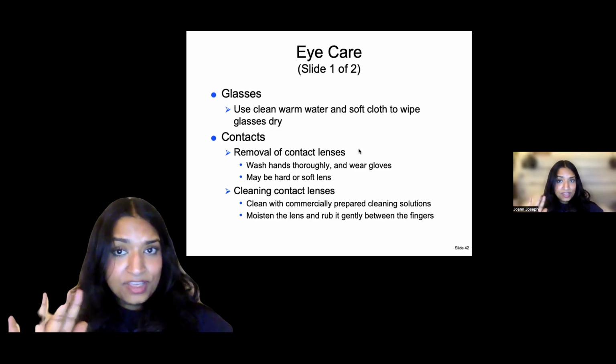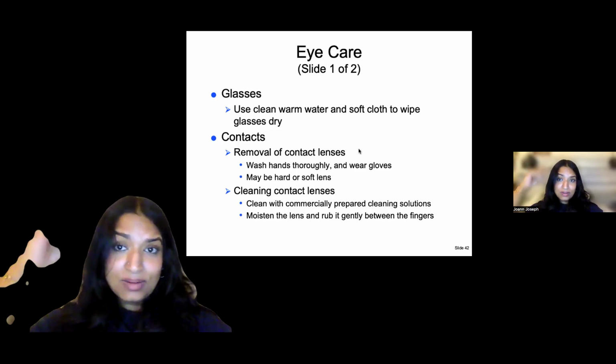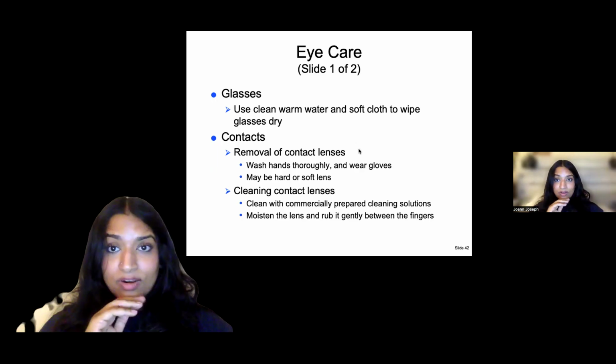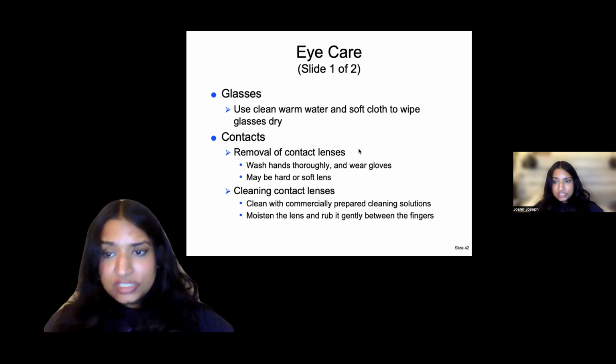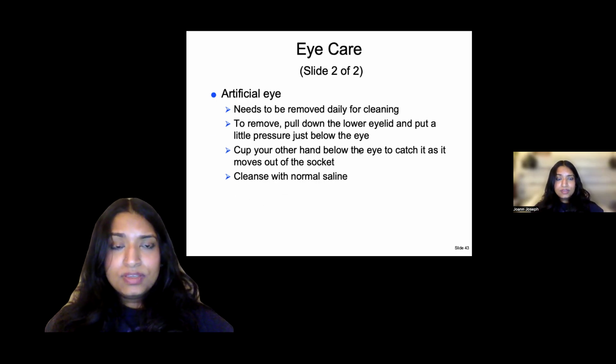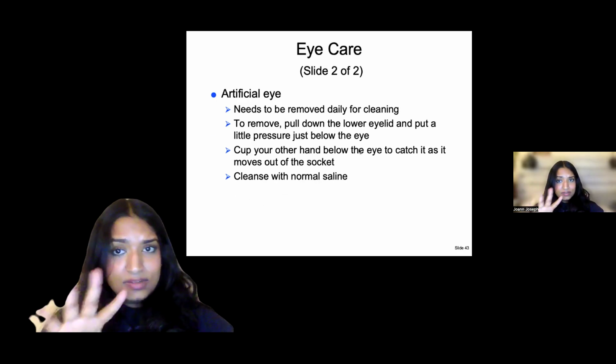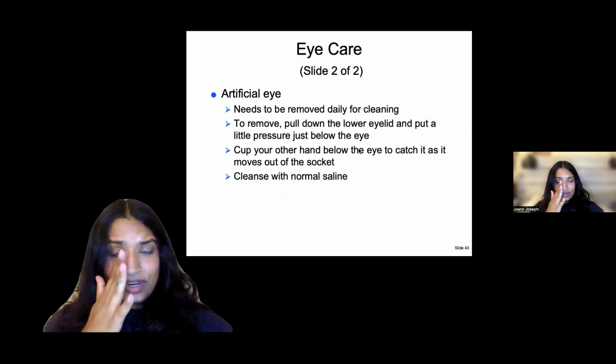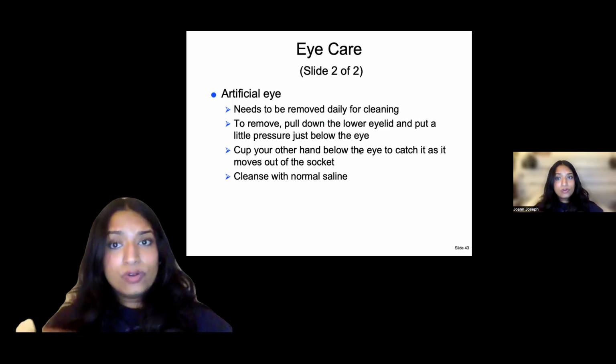So if it's not coming off, you are not going to scrape it off. You're not going to apply pressure and scrape it off. Do not do that. You will break their skin even more. Just be very mindful and careful. You don't want to fight it. So if it's not coming off, you don't do anything. If it looks like it's infected or anything abnormal, you of course tell your charge nurse or you tell the